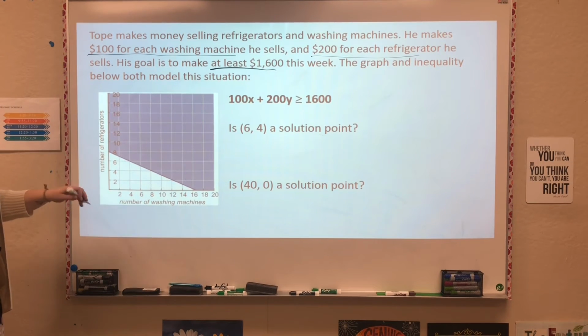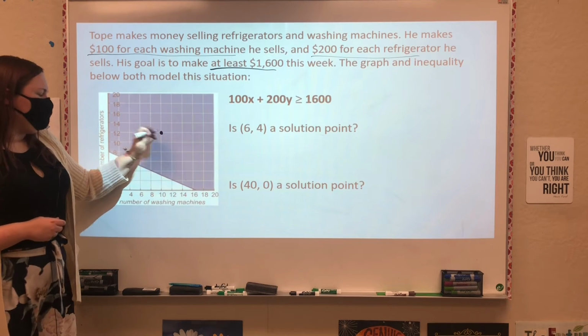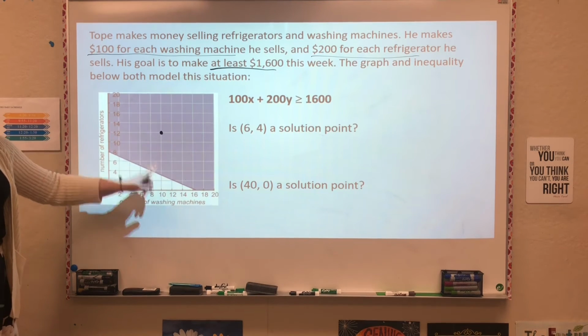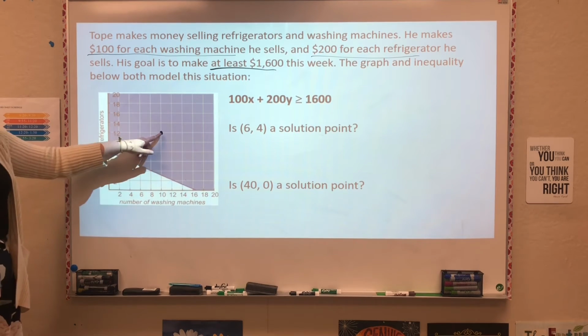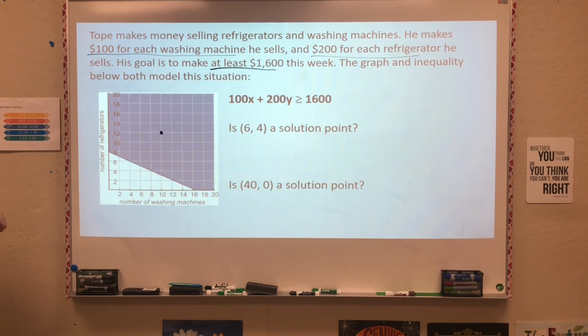So a point in the shaded area, I'm going to use this one as an example. What does this point here mean? It means he sold 12 refrigerators. Yep, 12 refrigerators and 10 washing machines. He sold 12 refrigerators, 10 washing machines, and